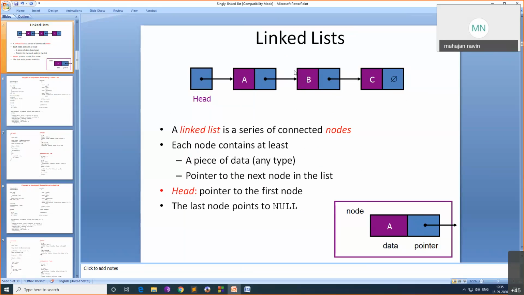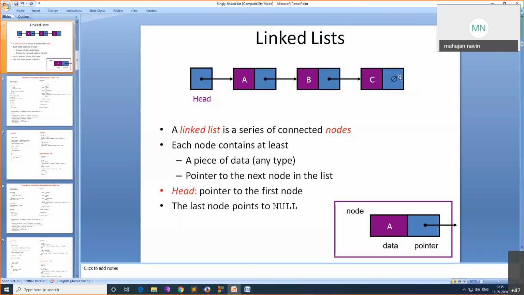Other than this, we need other pointers, like a pointer head here, which will point to the first node, because we have nodes, but from where to start, which address to start, and how to traverse these nodes? Traversing is visiting nodes. That is very difficult if you don't have the starting address. So the start address or head node is this one here, which is pointing to the first node.